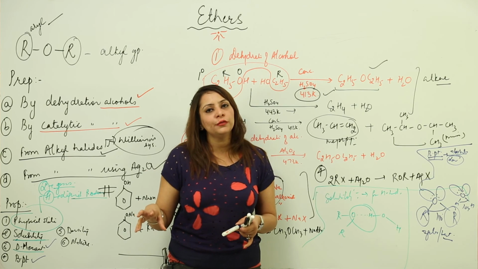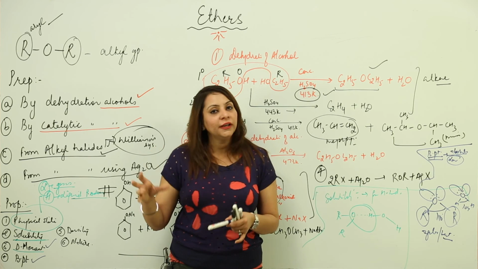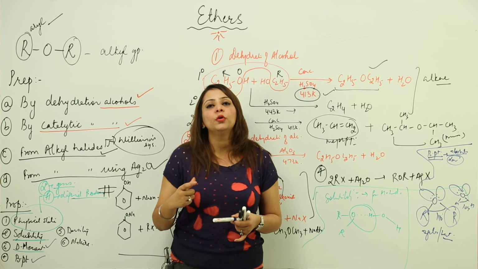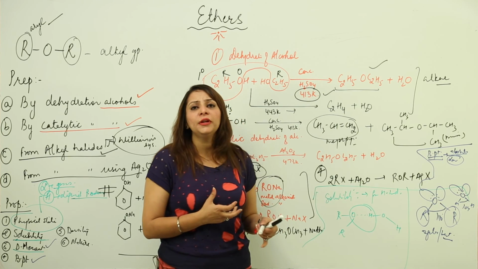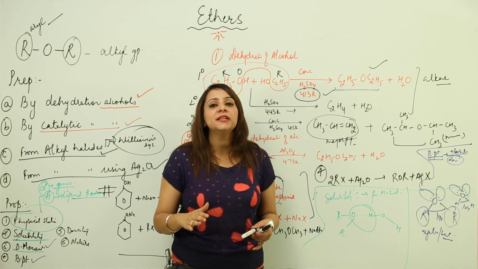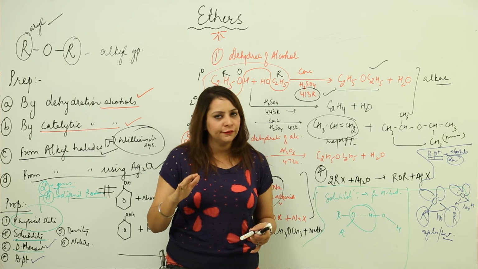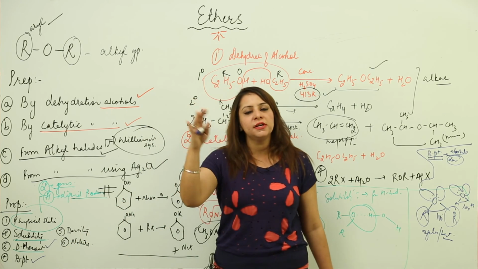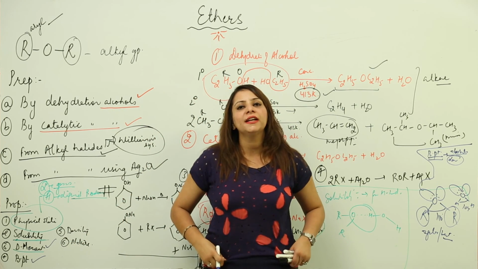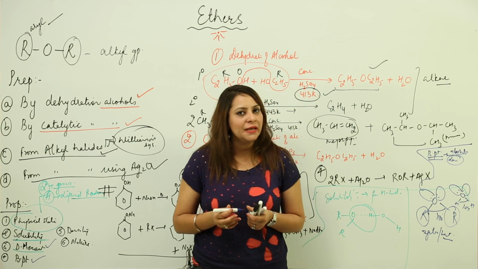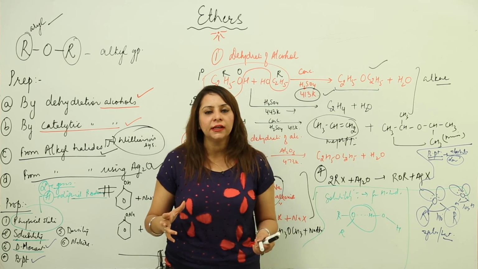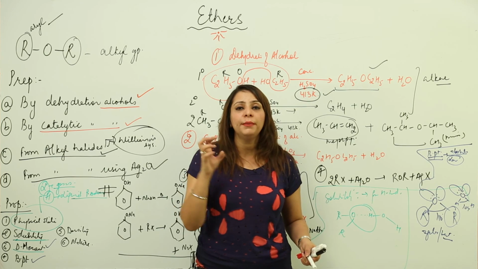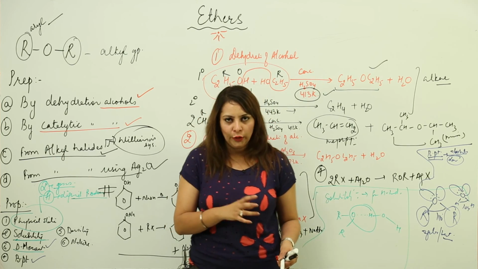And if we talk of ether, the strength of hydrogen bonding is less, and moreover it has less polarity. So that means the boiling point is comparatively lower. This is how you are going to discuss the boiling point. But as we increase the members from lower to higher, the molecular mass increases. That means van der Waals forces are increasing because they increase with size. So the boiling point also gradually increases. But if we compare it with alcohol, they are obviously going to possess the low boiling point.